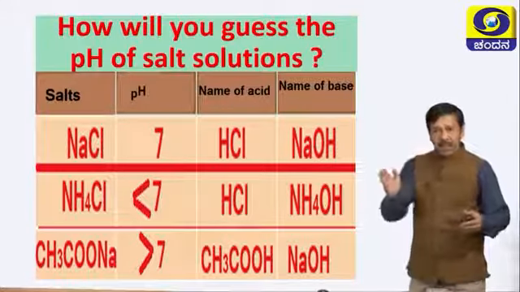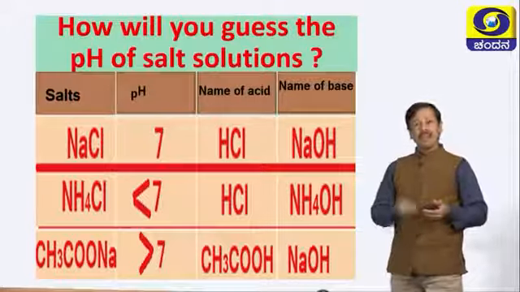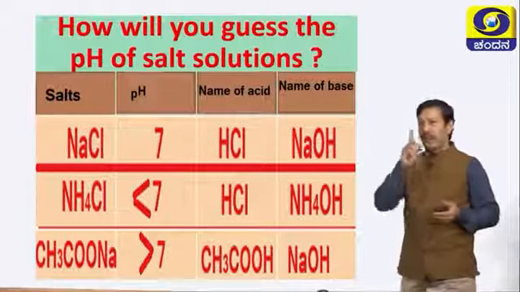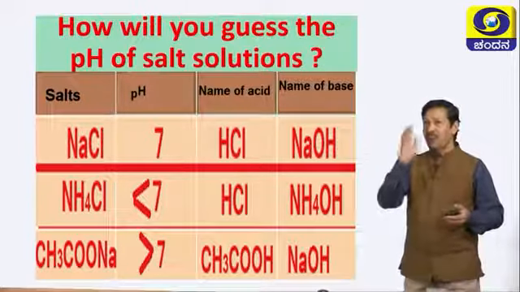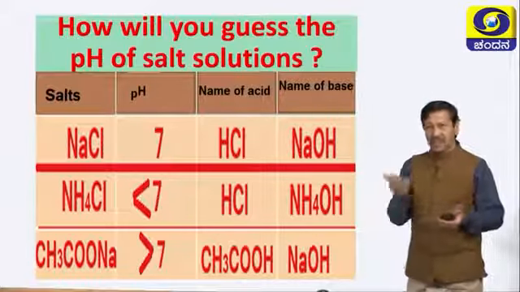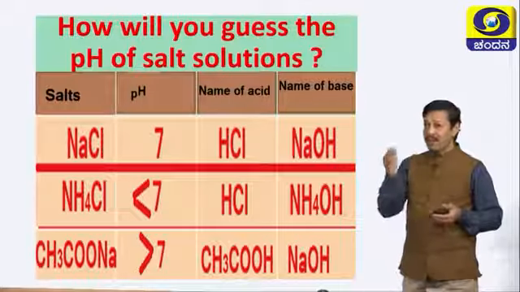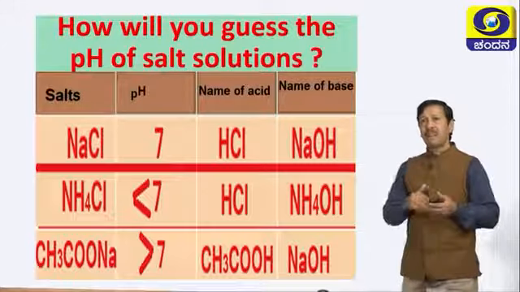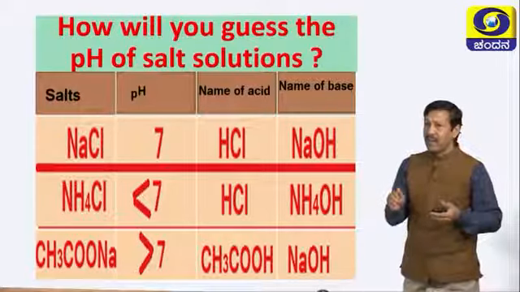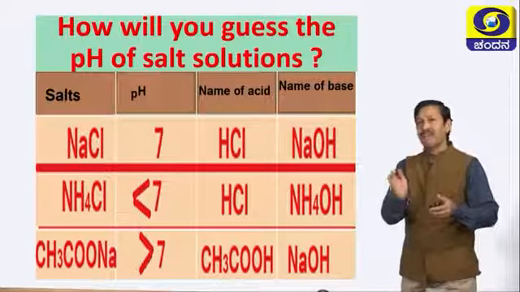Both HCl and NaOH are strong. What do you mean by strong? When you add some substance, maybe an acid or a base, to water, if it ionizes completely, you call that one a strong acid or a strong base. Partial dissociation leads to weak acid and weak base. So, acetic acid is a weak acid, HCl is a strong acid. Similarly, ammonium hydroxide is a weak base, NaOH is a strong base. Based on this, let us analyze.